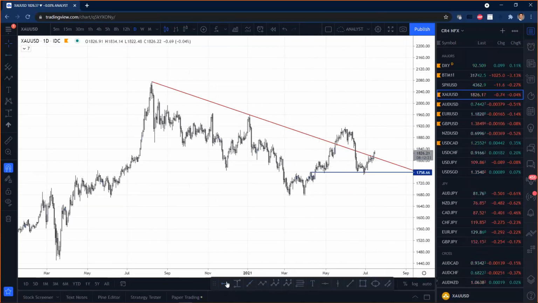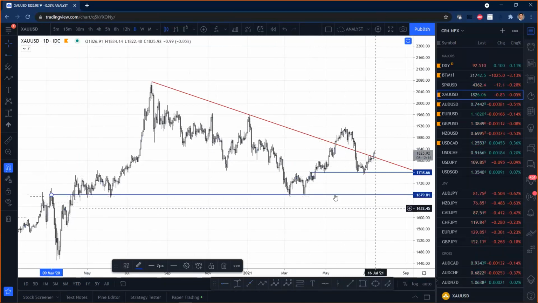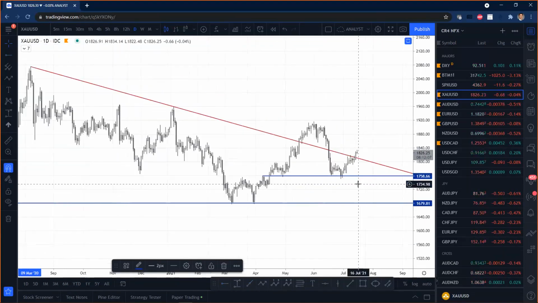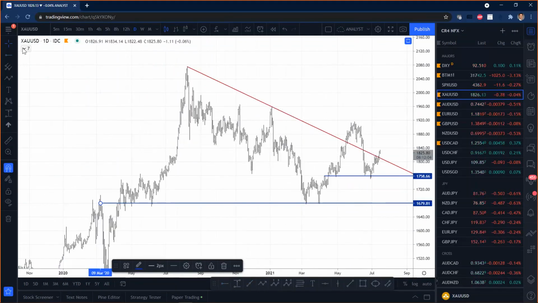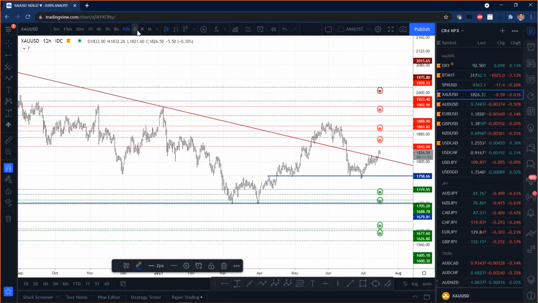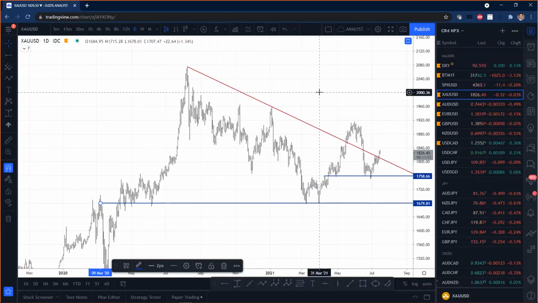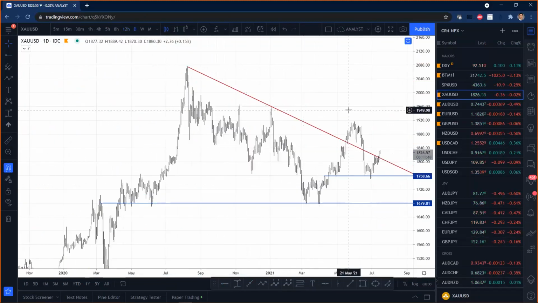So it did this double bottom down here. There have also been some other areas of support here, right, around 1680. And now we've got something here at 1760. And yeah, if you throw on the auto UFOs to help you identify where those areas of buying and selling are, let me just change this to maybe 24